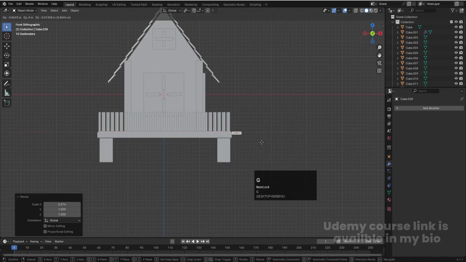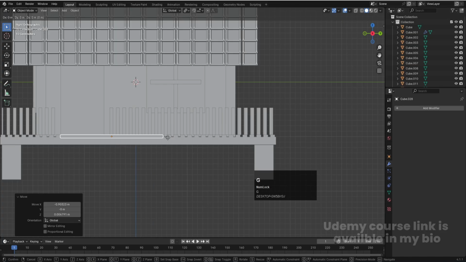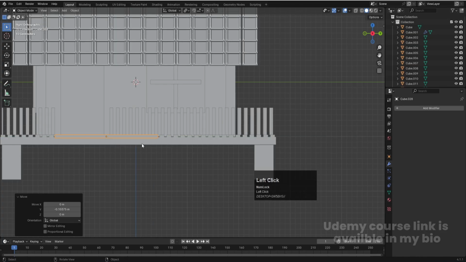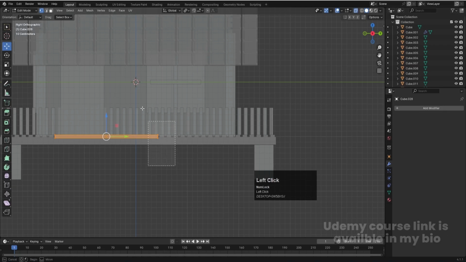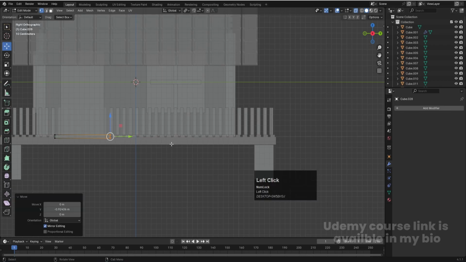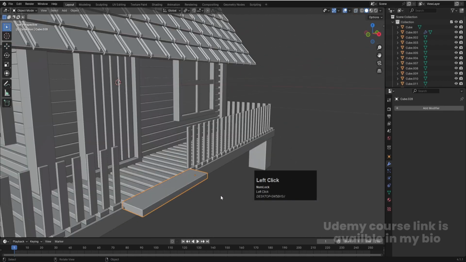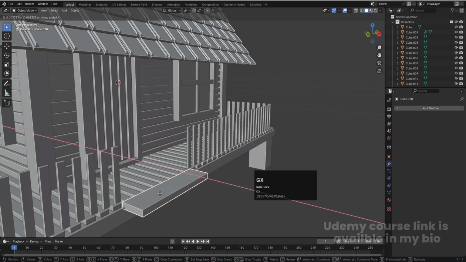Press G and let's try to adjust it over here like this. Go to the front view, press G, X, or let's say GY, and try to adjust it somewhere around like this. Press Tab, Alt Z, select this much, GX or GY, and try to adjust it somewhere around over here like this. Okay, then we will get something like this, and Alt Z, select this, GX and try to adjust